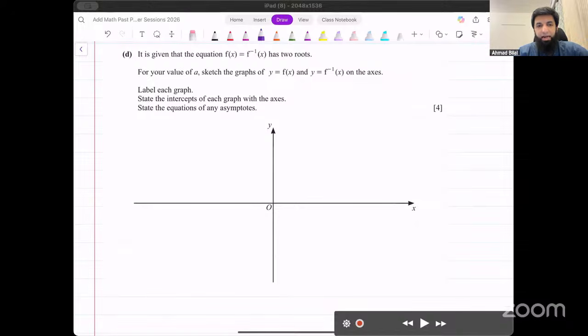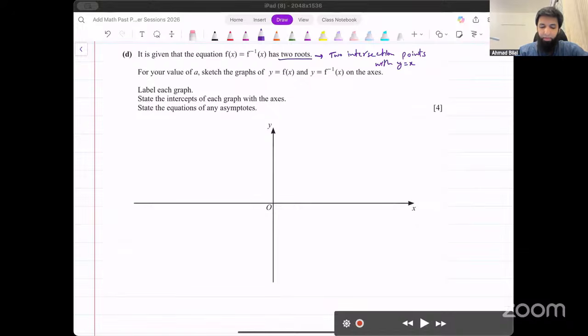They only intersect on the y equals x line, right? If it has two roots, there are 2 points of intersection with the line y equals x, because a function and its inverse always intersect on the line y